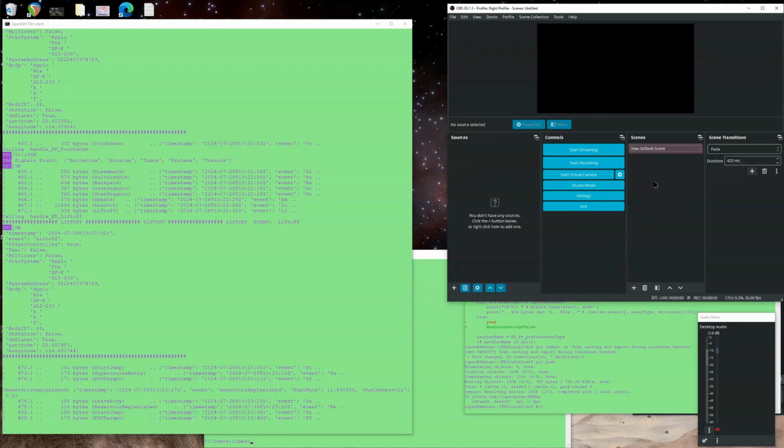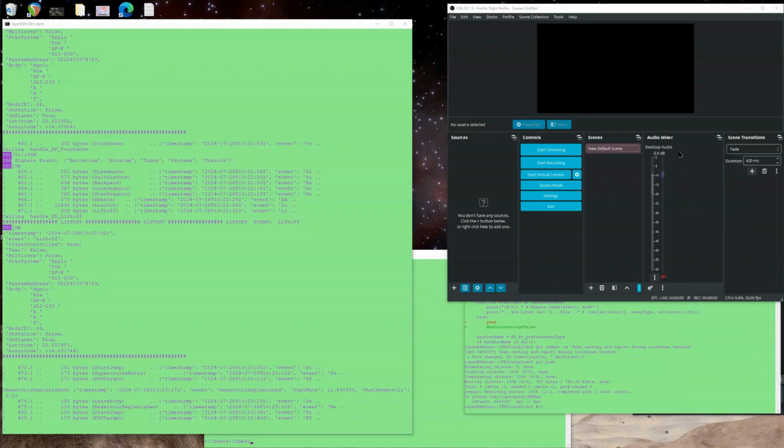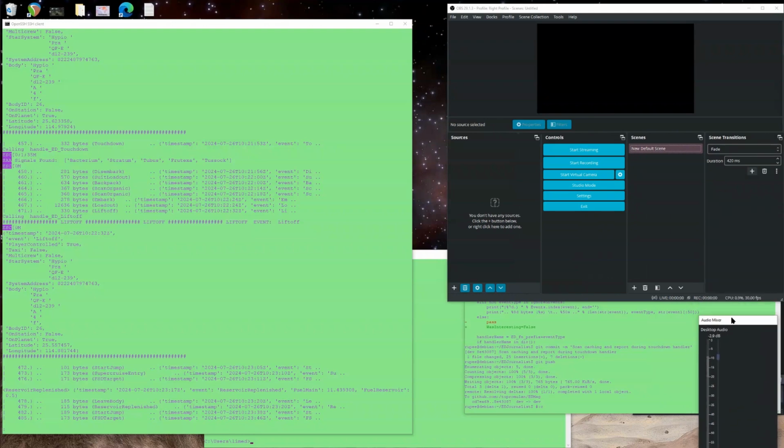And these tabs can be moved around. I have my audio mixer down there. And I know that by default, it originally had the scenes over here and the sources over there. Well, I just decided I liked it this way better. So my default scene, portrayed up here in this profile,